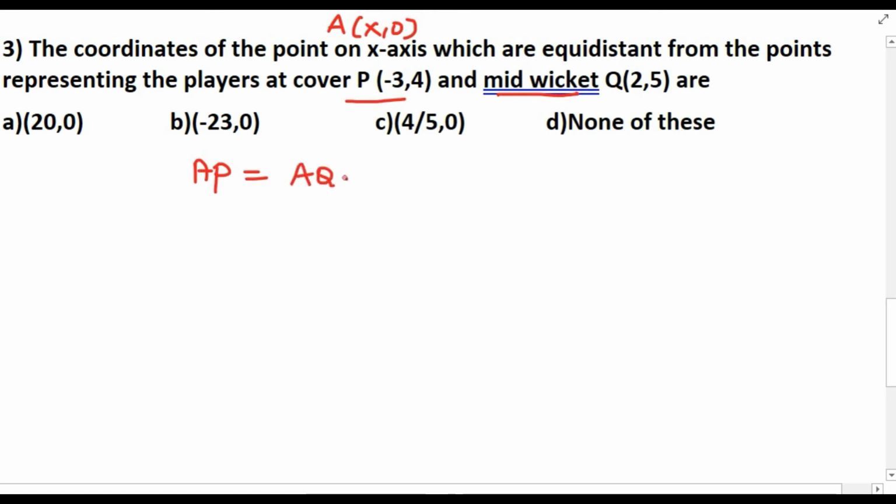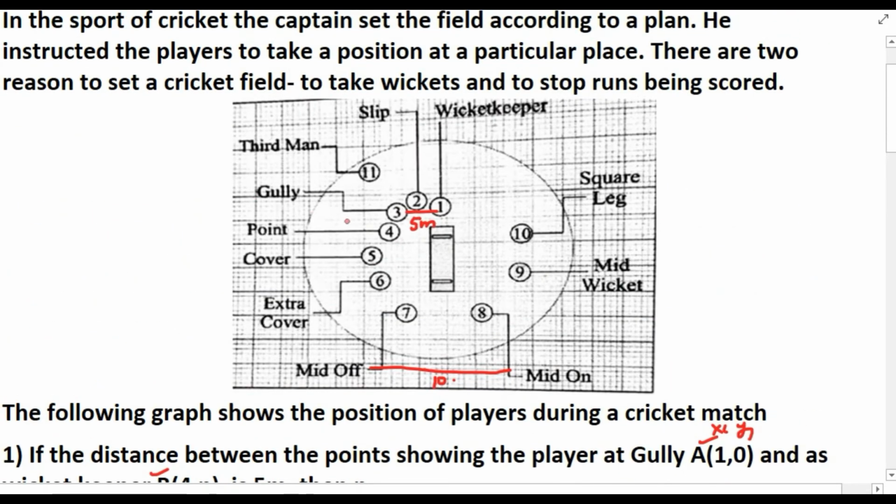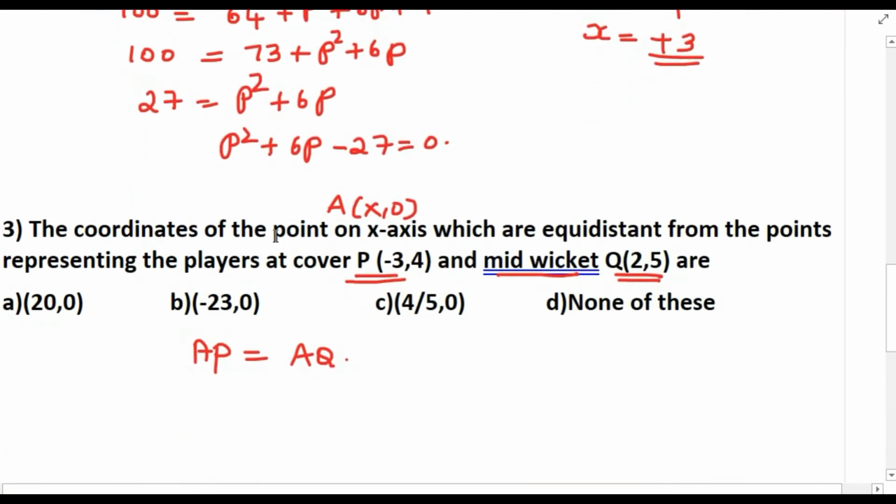Now we need to, again with the distance formula, find the value. In this question, all the coordinates are given. Otherwise, in some questions, you need to find the coordinates from the graph. Here, in this case study based question, they have already given the coordinates along with the question. In some cases, they will give the x-axis and y-axis, and you need to count 1, 2, 3, 4 like that and find the coordinates. But in this question, they have already given the coordinates.